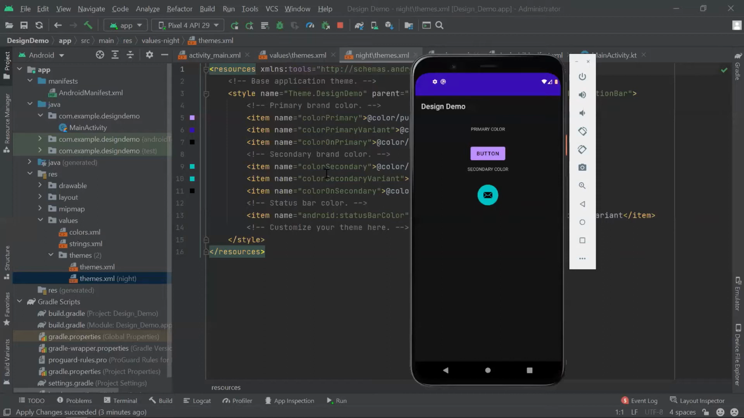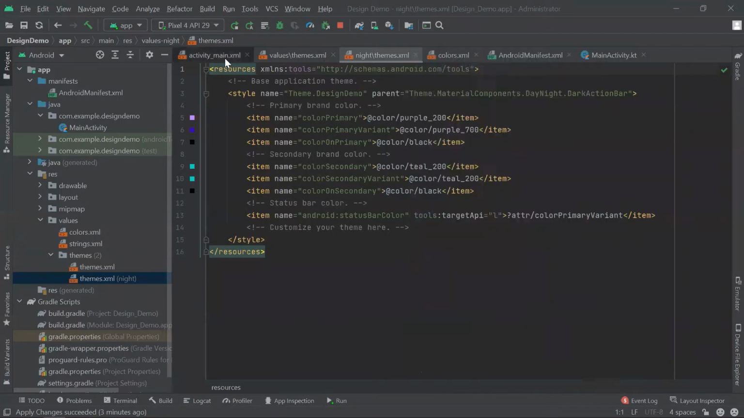The logic here is this. Now, when you're creating a button, or let's just say a text rather, you don't give it